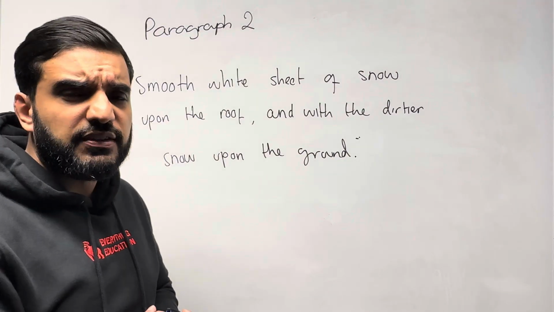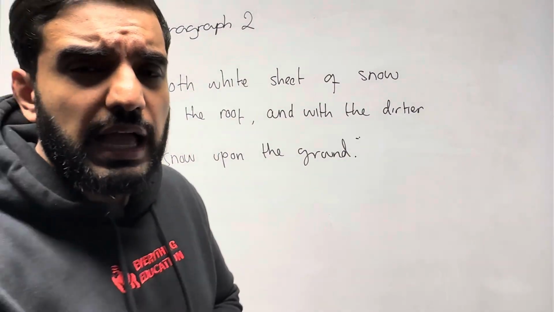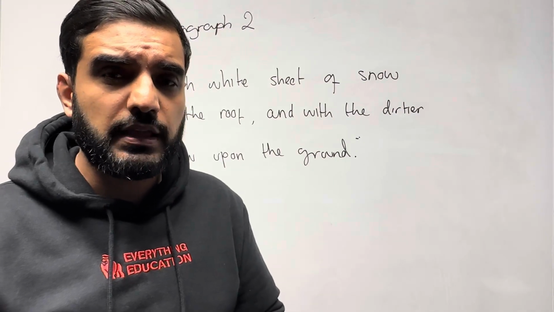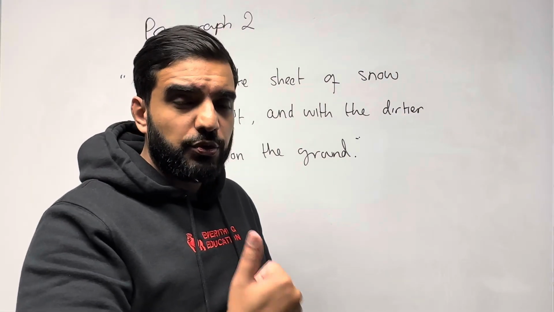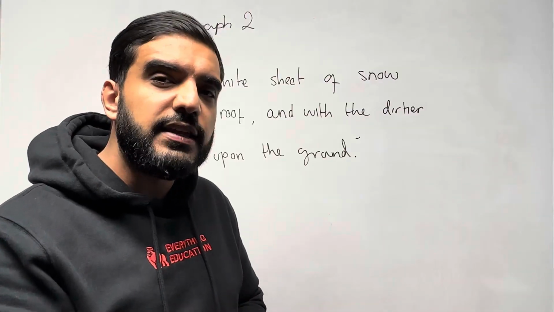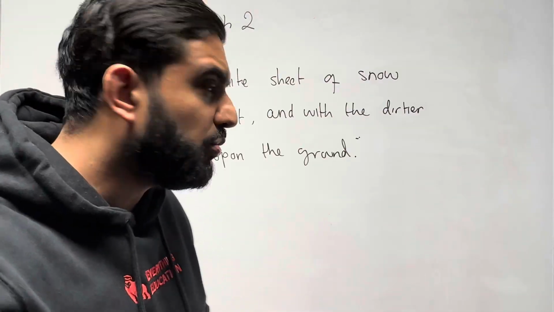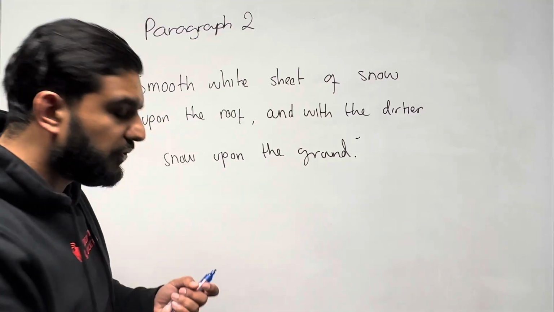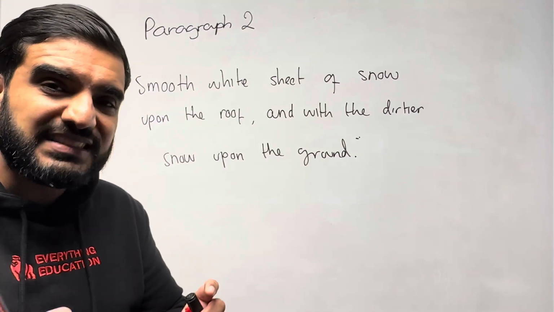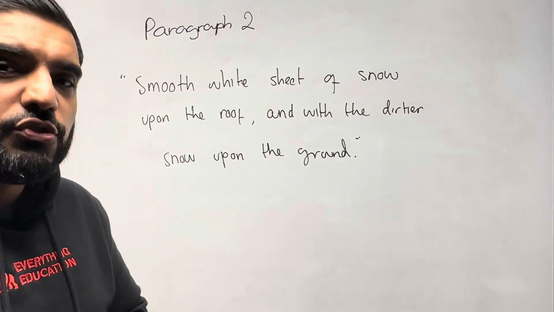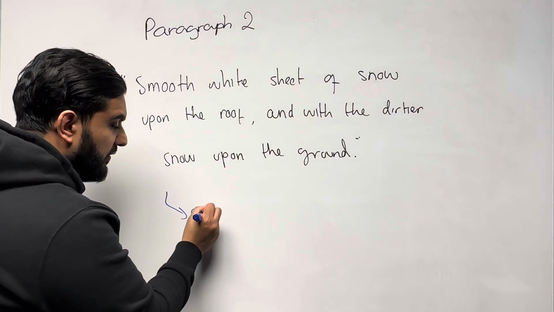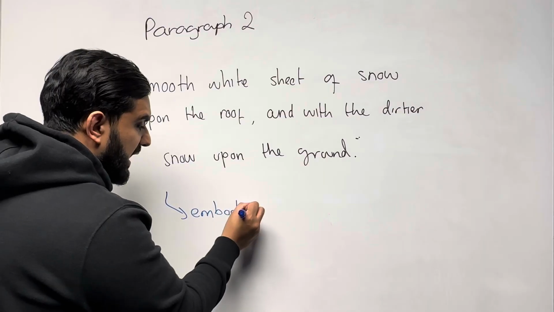Now you might be thinking, sir, this quote is about snow. How can we use this quote and link it back to Scrooge? Our first point was Scrooge is a character who is forced to be lonely and he doesn't even realize it. Our second point, using this quote, guys, Scrooge is a character. Remember now, this is a massive theme throughout the text. Scrooge is a character who embodies, that's the point you make, guys, he embodies capitalism